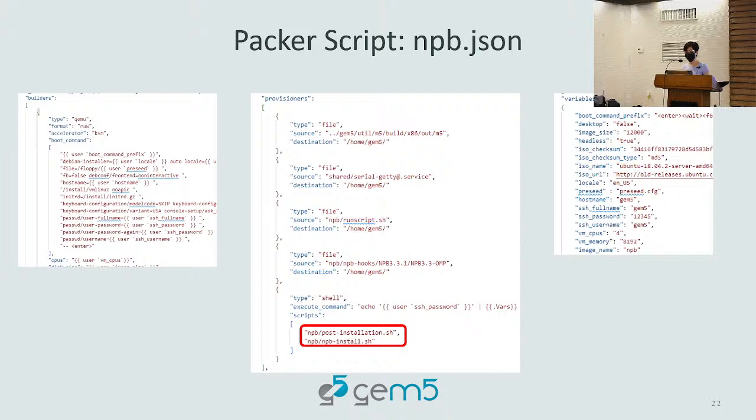For example, if you add some M5 ops or things like that to NAS parallel benchmark and you create your own version of it, you need to probably change some of the files that are here. The first one is basically M5 ops built already, and they just copy it into a destination inside the disk image. The next one is serial getty service that we discussed and explained that this is used to allow the root to log in once the